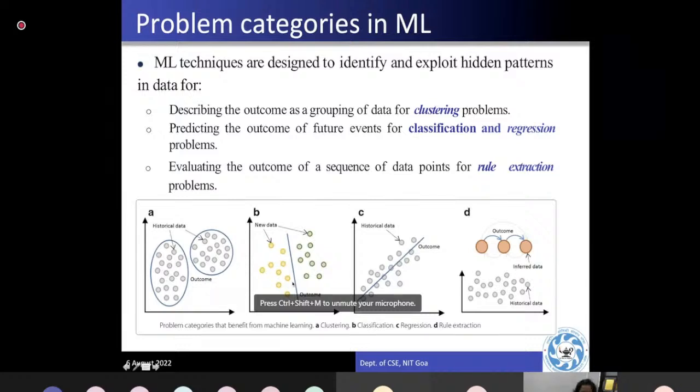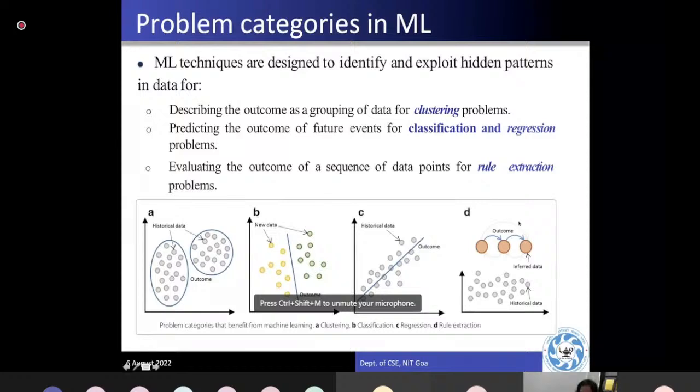Some data we need classified. So this is the classification rule that we are dividing by. It depends upon the model, as again I'm saying. Sometimes I need the data to be classified in the right way. The third one is the regression models, and the fourth one is the rule extraction model. These are the basic, abstract division of all the problems in machine learning, to exploit the hidden patterns and to identify them.